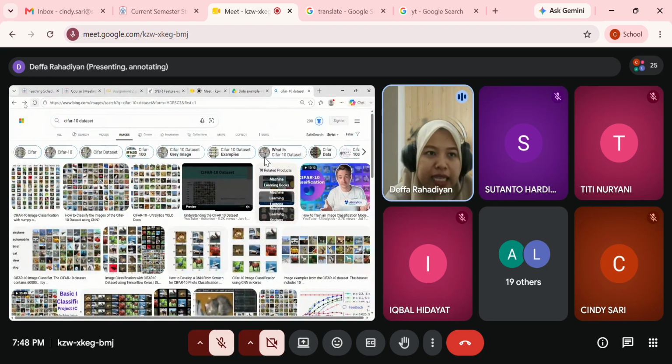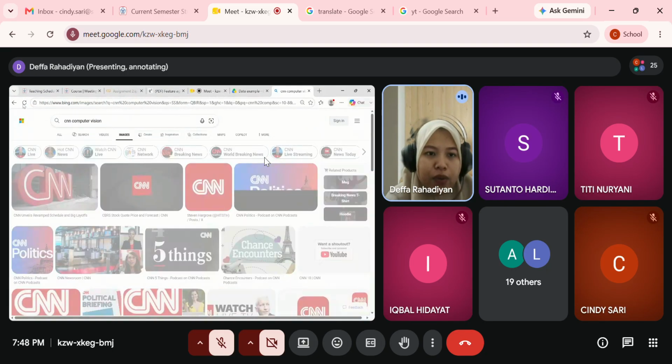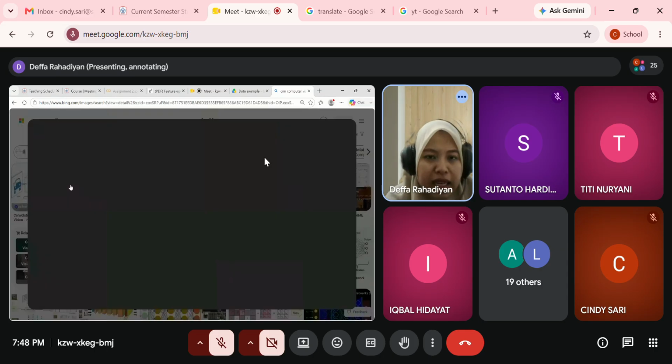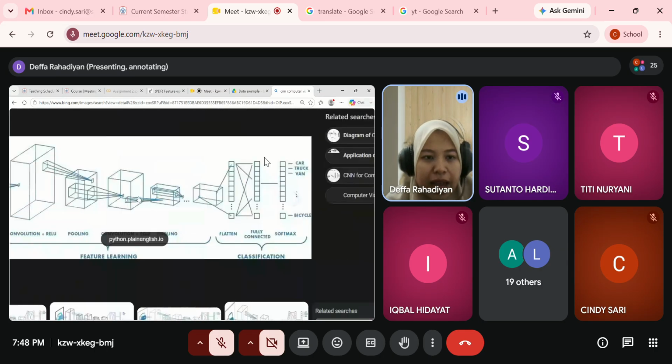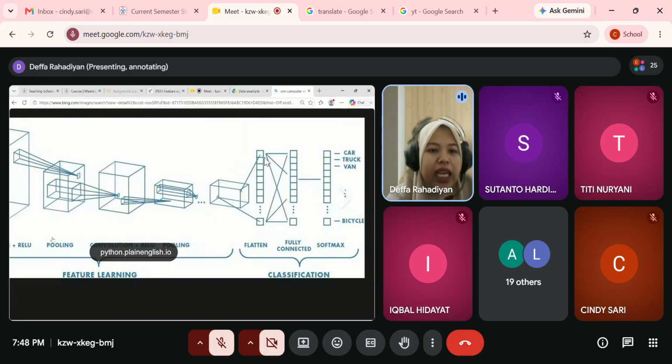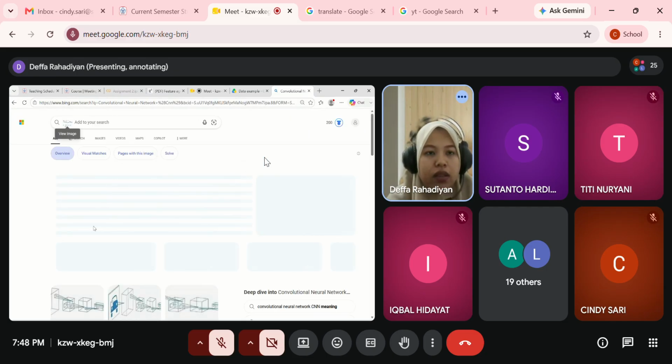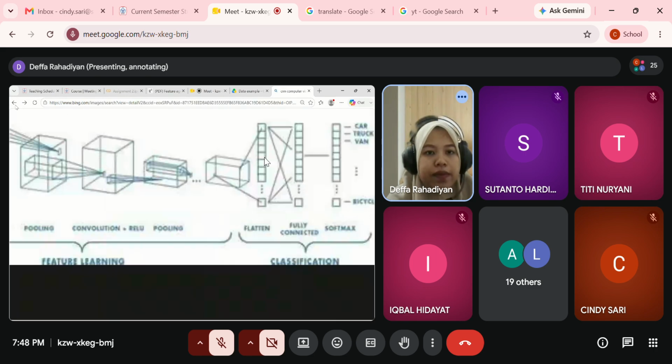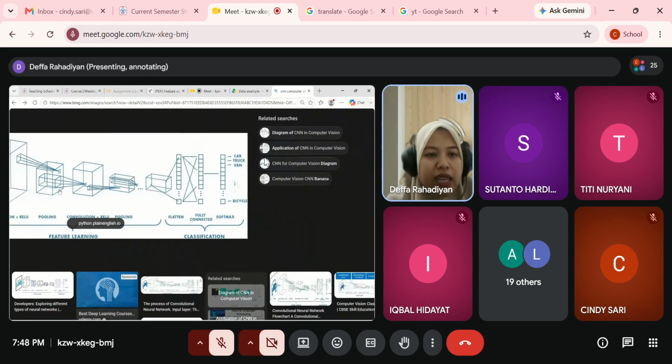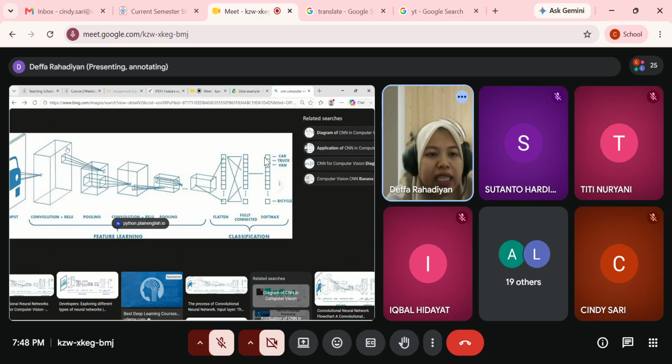So in the CNN, we have one process. I will open it. We have the pooling layer. The pooling layer itself is the process to reduce the dimension. So you can see in here, if we compare, this is still the original size and this is after pooling.